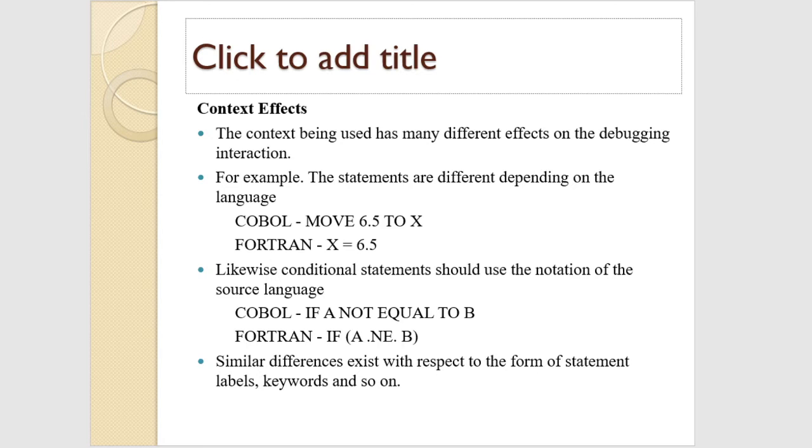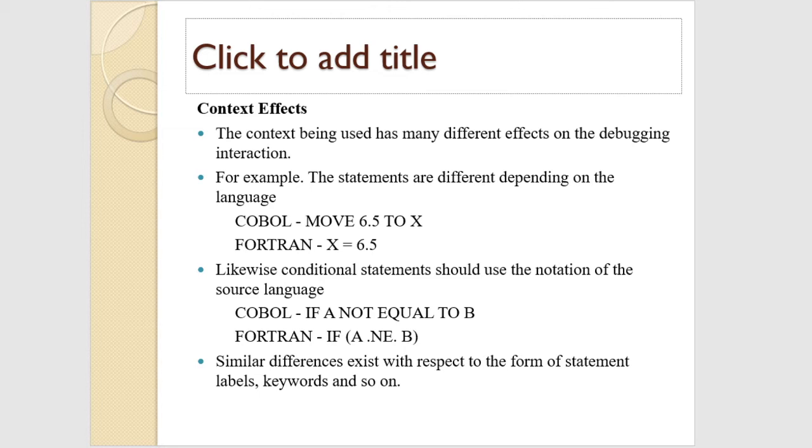For example, here is the assignment statement in different languages. In COBOL, we use MOVE 6.5 TO X, which means the value 6.5 is assigned to the X variable. The same expression can be written in Fortran as X = 6.5. The statements are different depending on the language.